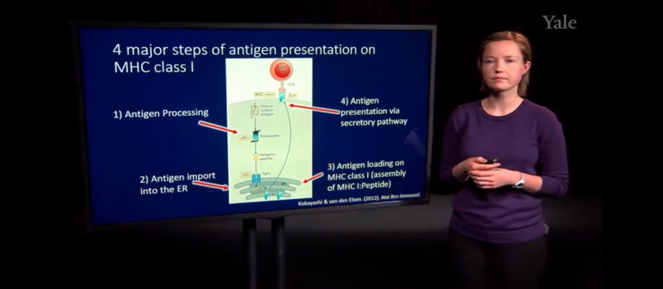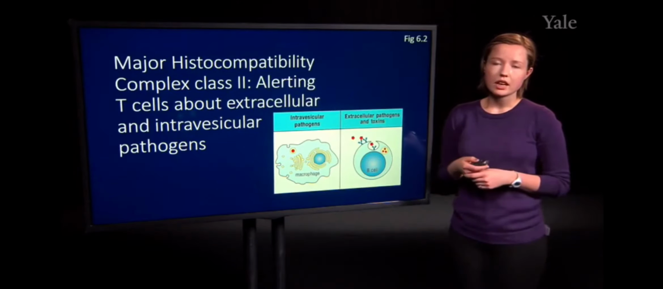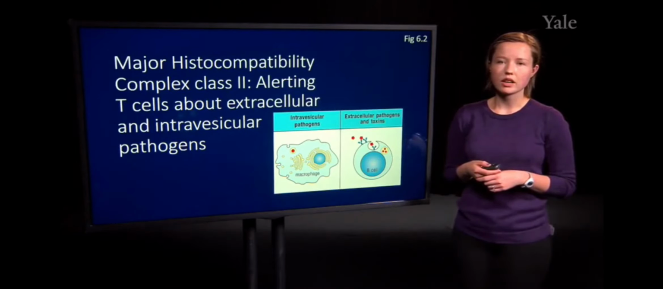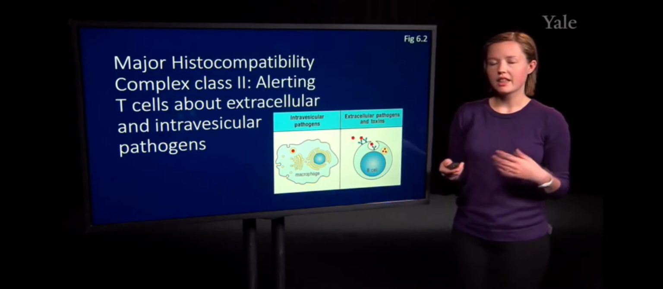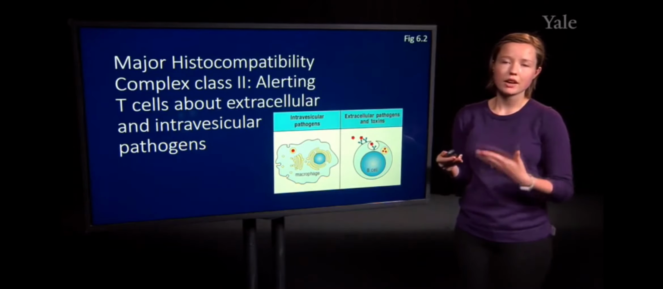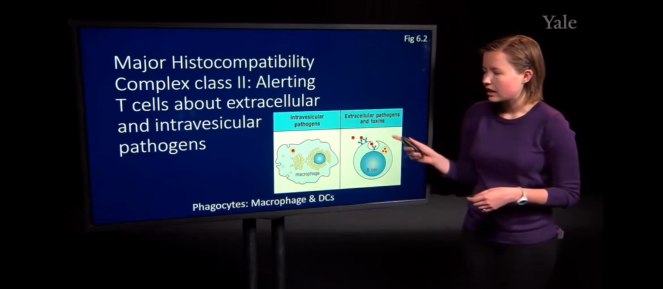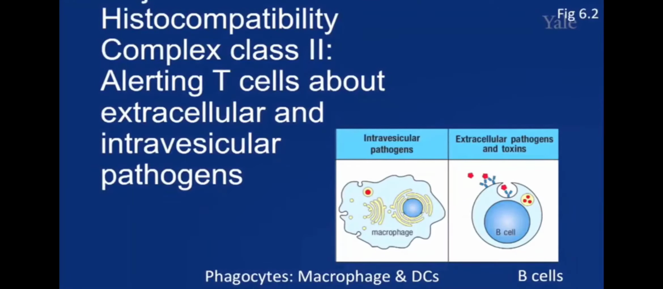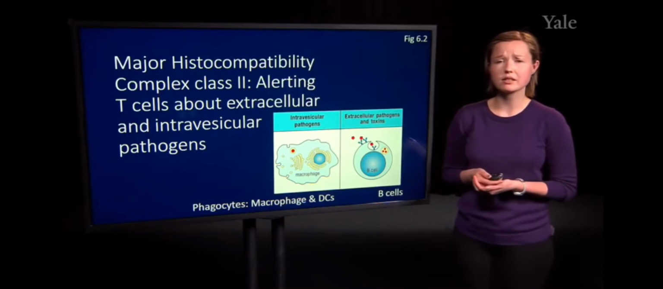Now that we have gone through the process of antigen presentation on MHC class 1, I want to talk about how this happens for MHC class 2, and then we'll come back and make comparisons between these two processes. So something that's different with MHC class 2 is that this will particularly be relevant for the extracellular pathogens and toxins, which is mainly going to be for phagocytes and macrophages, as well as B cells, which are all antigen-presenting